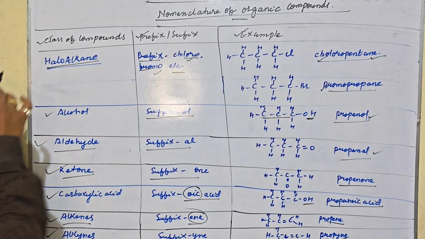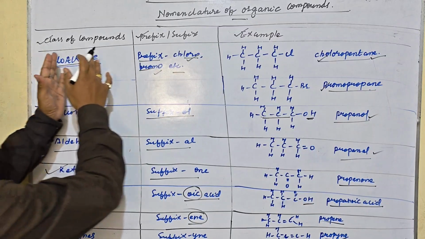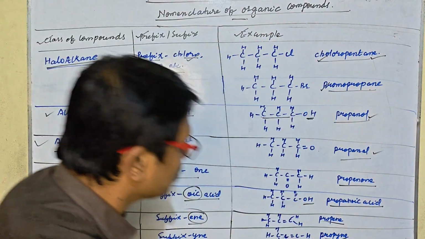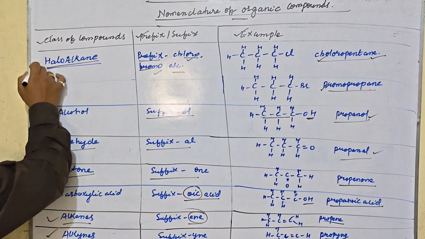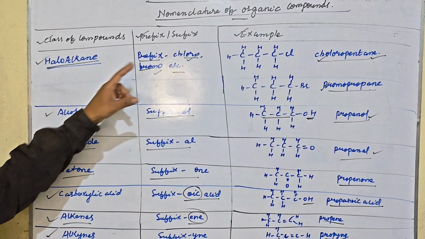The first thing is you write first the class of compound, prefix, suffix and example. My dear students, you already know about the prefix, suffix and the nomenclature of carbon compounds. So the first is the haloalkanes. Haloalkane, the prefix is chloro,